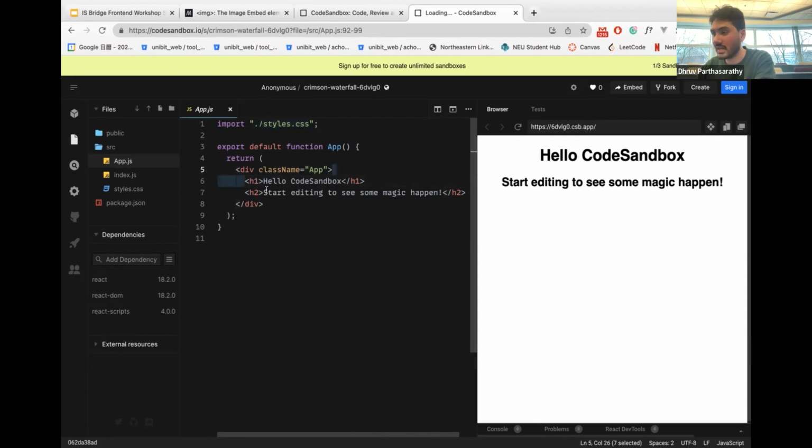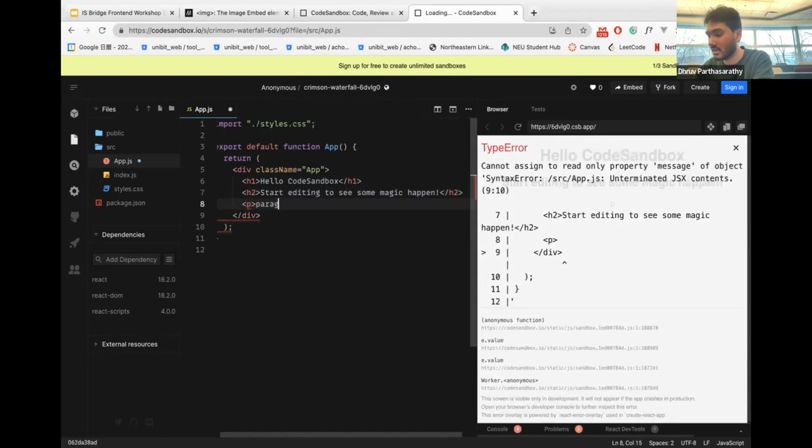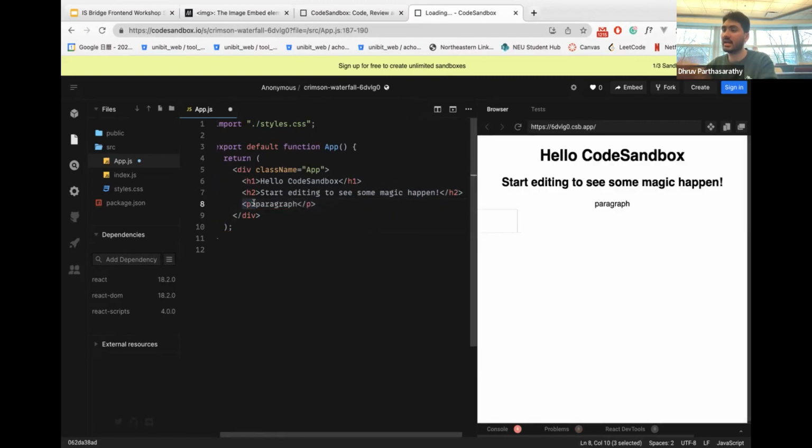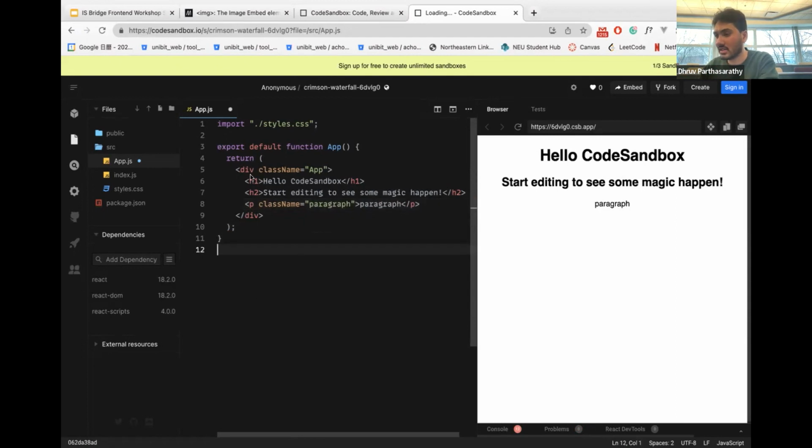So right now we have an h1 tag and an h2 tag. Let me give a p tag. This is how you define a tag: you start with the tag's name with a less-than and greater-than symbol around it, and then you end it with an end tag. The end tag should have a forward slash. This is the syntax that we use in HTML. Now I want to style it, so I give an attribute called class name and I give it, say, paragraph. Right, so I go to my styles file and I say,